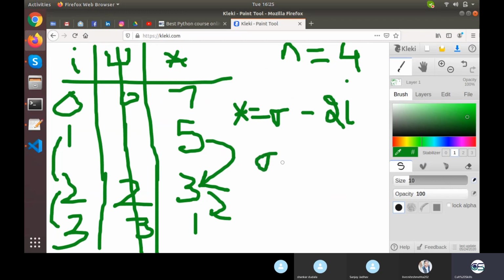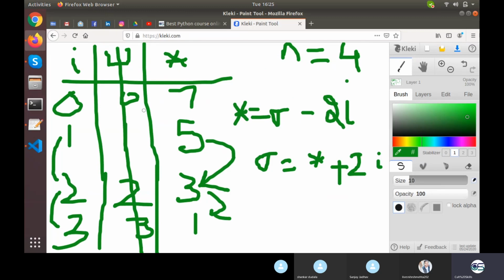That means sigma will be star plus 2i. And you can check the value of whatever this is.